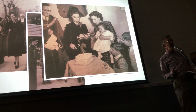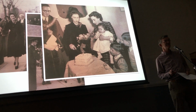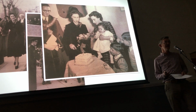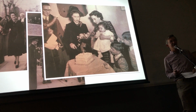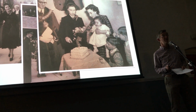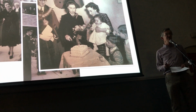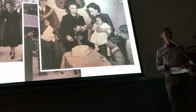Now, my assumption when I got the book and started thinking about this was that most of the post-war rebuilding that took place in Stoke Newington would have been in areas where there had been significant bomb damage. And it is true that a lot of it was, but it would be wrong to suppose